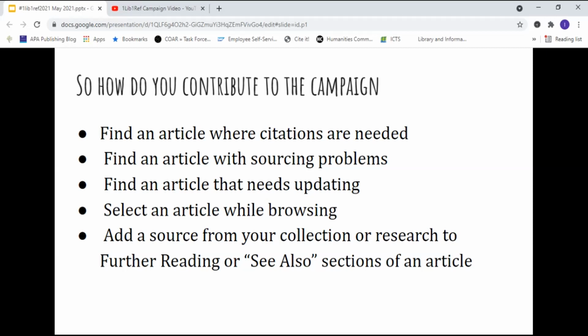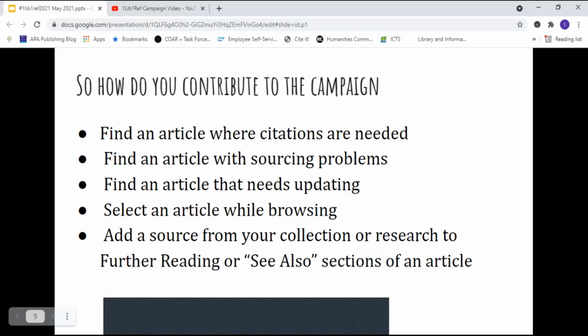You can also, if you are perhaps in an academic library, or not even in a public library, add a source from your collection or research to further reading or the see also sections of an article. So there are quite a number of ways that you can contribute to adding to Wikipedia.